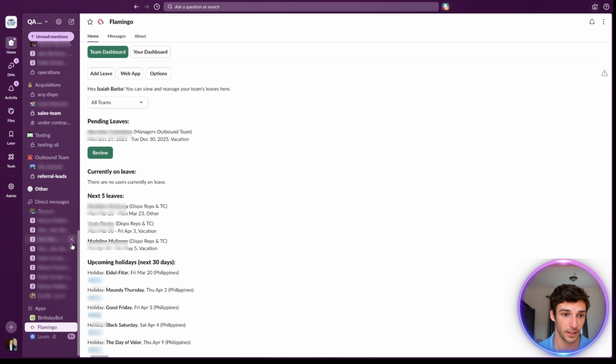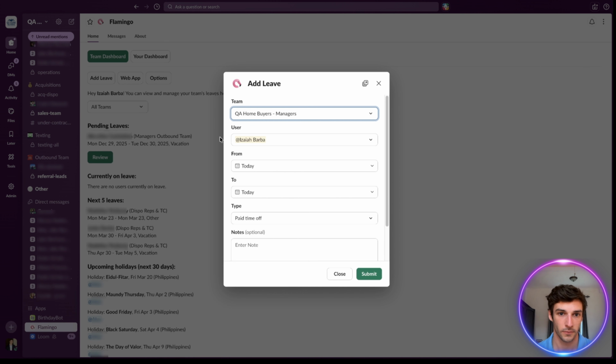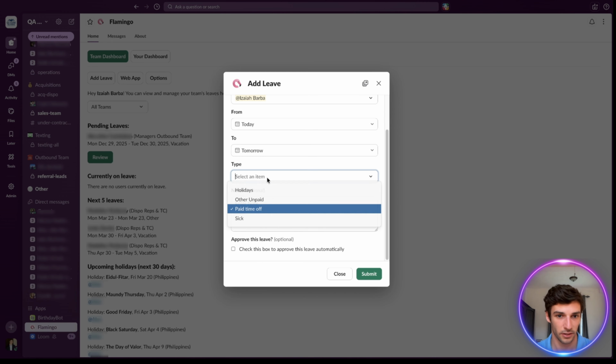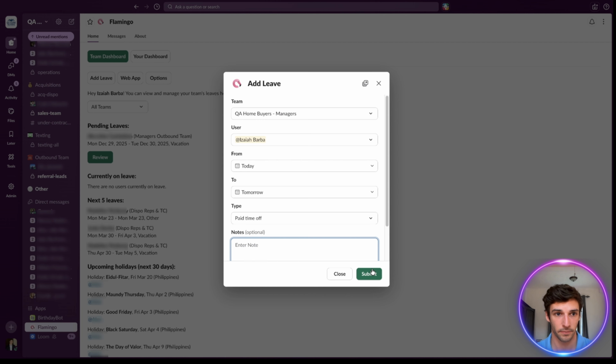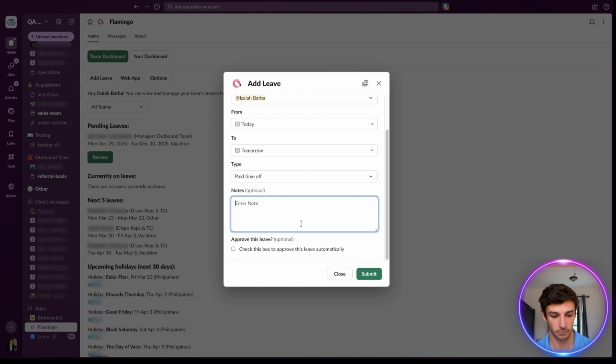So what it would actually look like is I would go to Flamingo on the bottom left here, and I would just say add a leave. And you'd say your user, you'd say from today to today, or let's just do the 18th. You can make it, let's just say, a holiday or other, unpaid, paid time off, sick, and you can add different items here, wherever the notes are, and you can make this automatically approve. I have the access because I am a manager access out of Flamingo, and you would just click submit, and when you submit it, I'm going to say test,